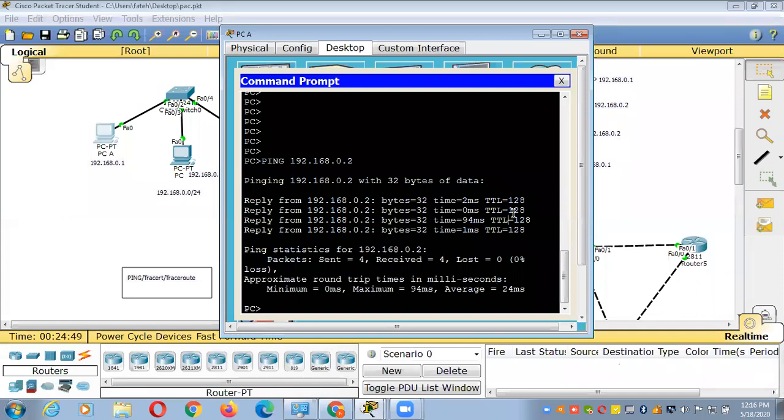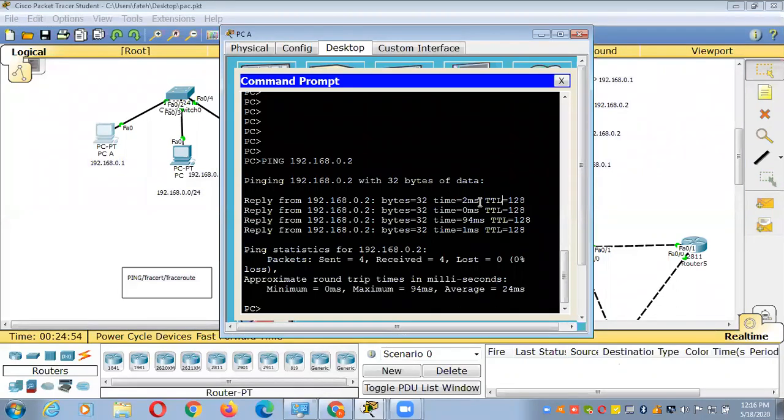If you want to check the connectivity with Google, if you are pinging Google, what will happen?